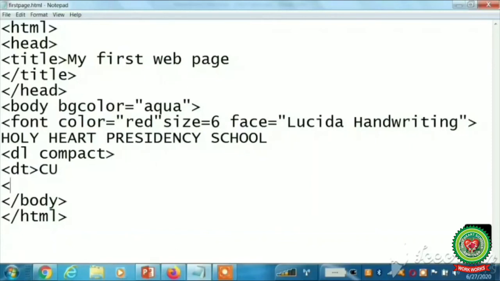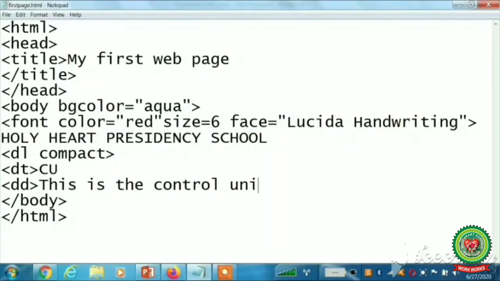After this I will write DD tag, that is data definition, and here I will write the definition, like this is the control unit, full stop, and at the end I will close DL tag. Means when you are going to start the tag in the DL you will write compact, and at the end only you will close the DL tag.